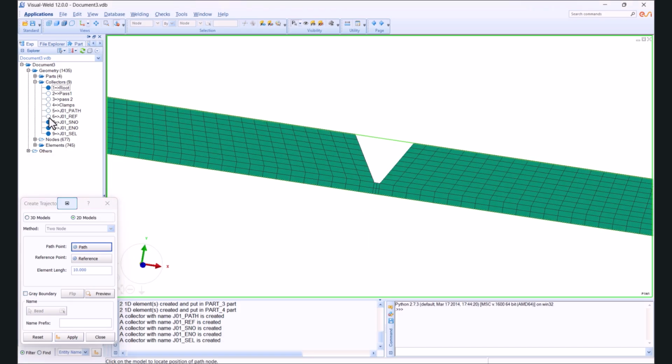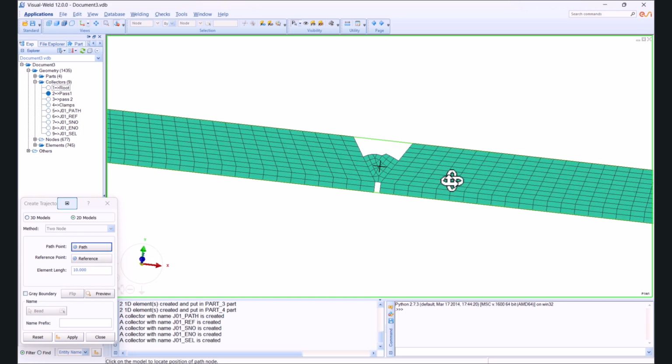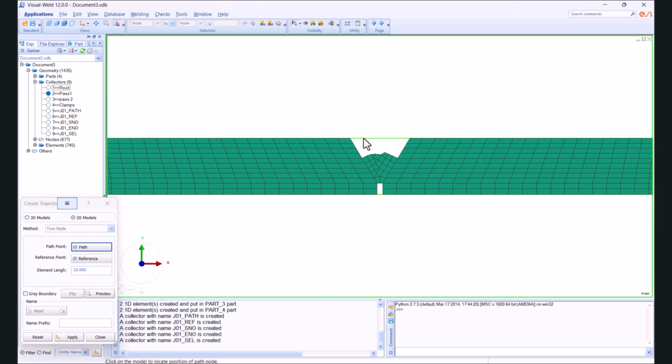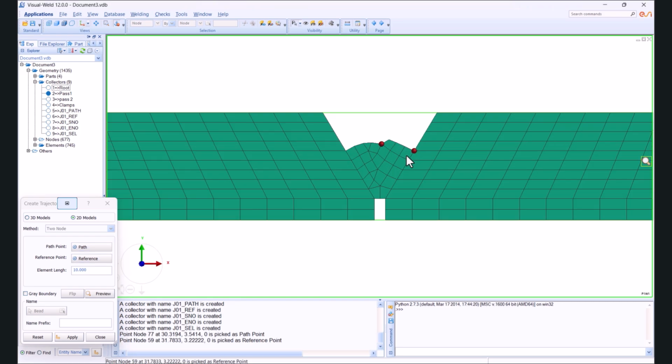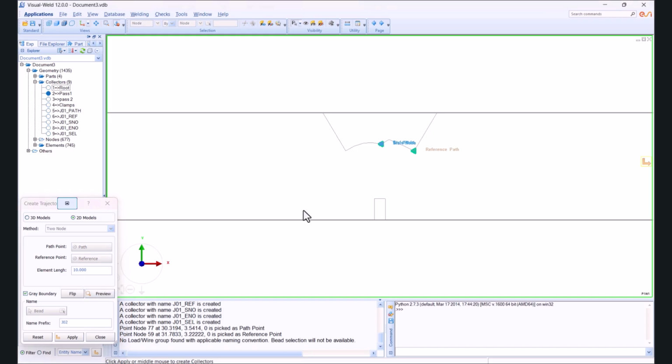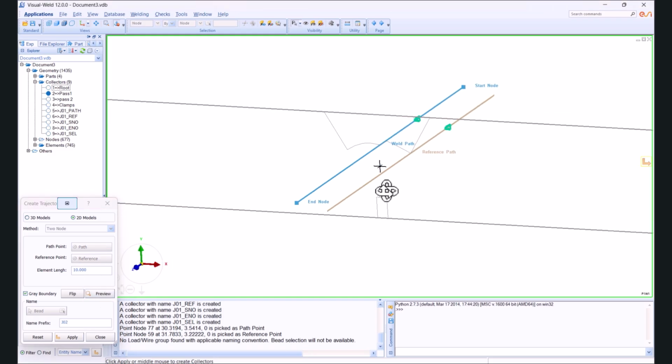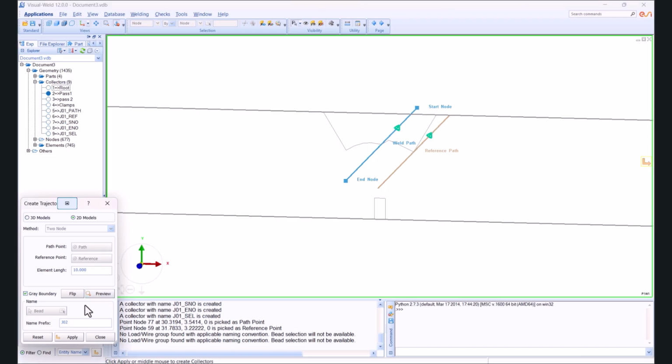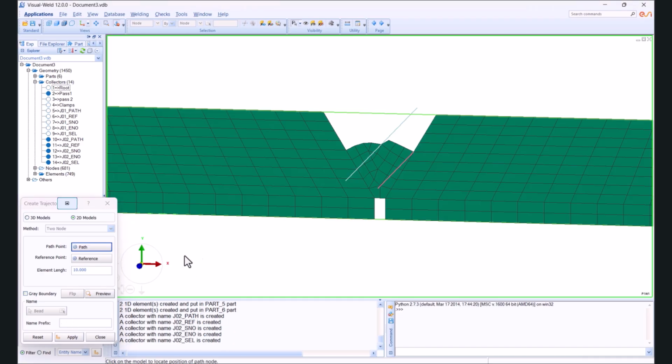Now we uncheck all of them, and we only activate the pass one. The path would be here and the reference can be here. Preview, we rotate a little and we double check and apply. So this is also created. This is J1, this is J2,